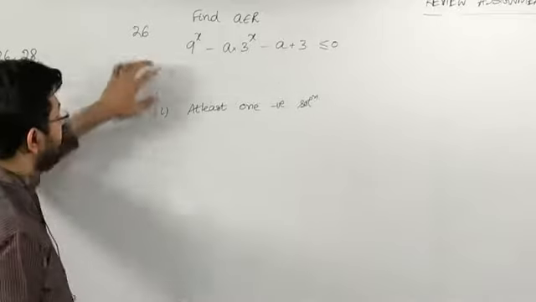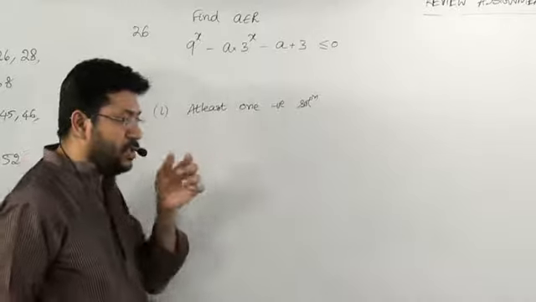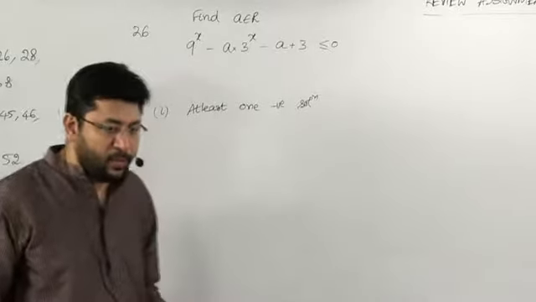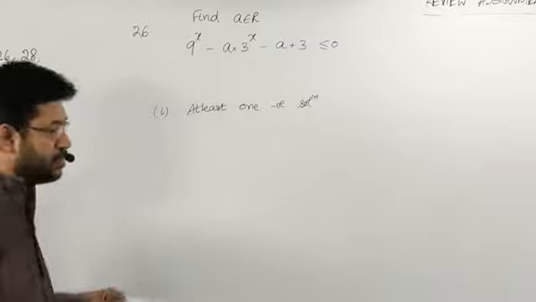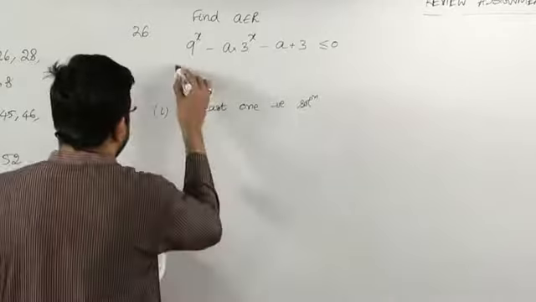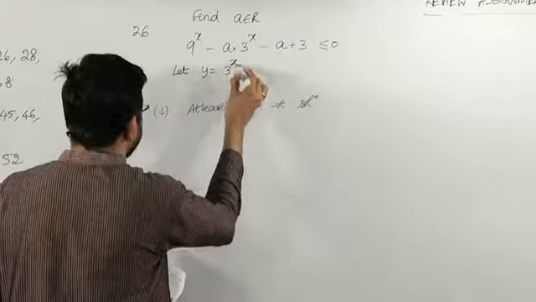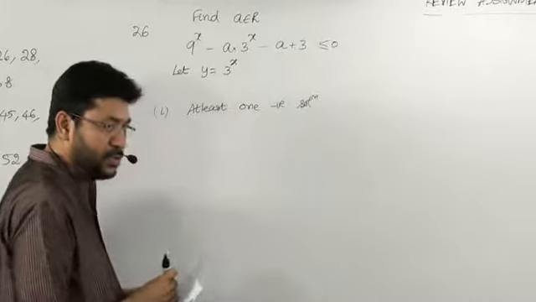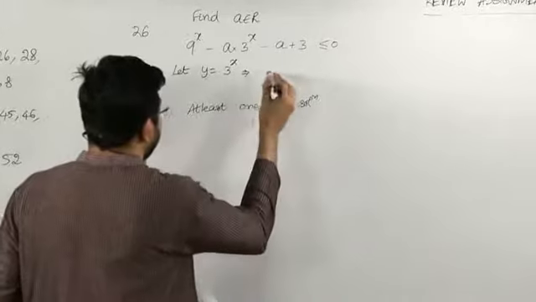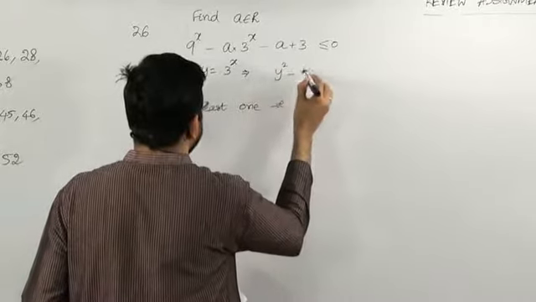Find the range of values of a for which this inequation will have at least one negative solution. One negative solution means one negative value of x. Let y be equal to 3 power x. If so, we have to solve y squared minus